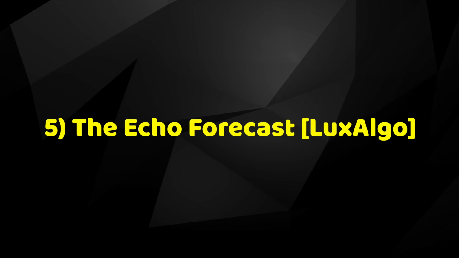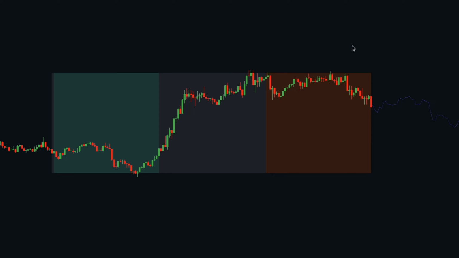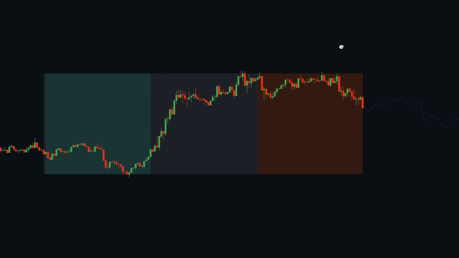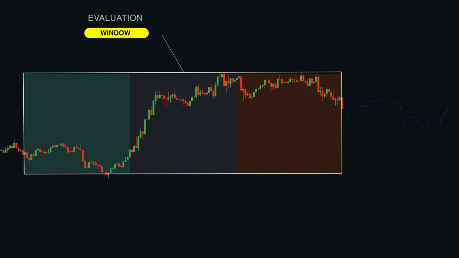Let's begin with the 5th place indicator, the Echo Forecast by Lux Algo. The Echo Forecast by Lux Algo is a smart and well-designed TradingView indicator created for forecasting future market trends. This tool employs a unique time series forecasting method named Echo, which leverages the similarity between recent price movements and